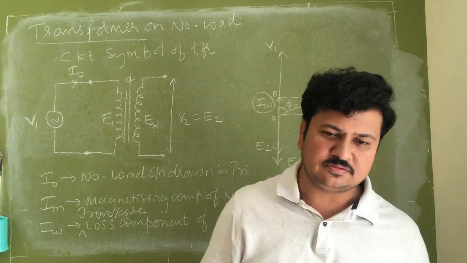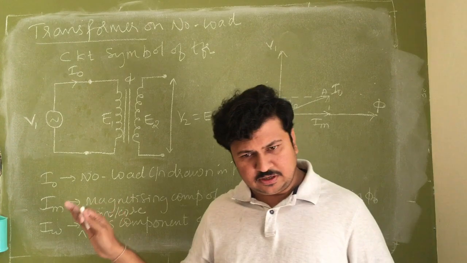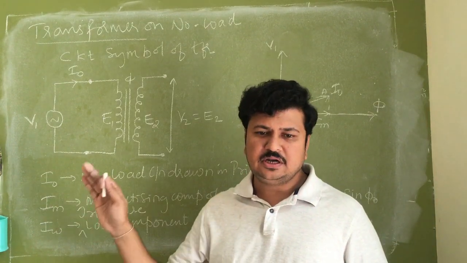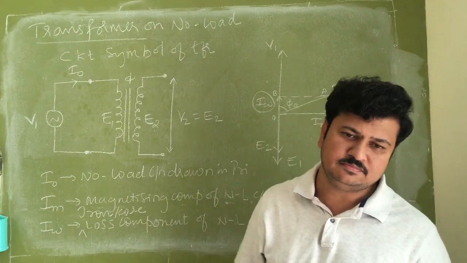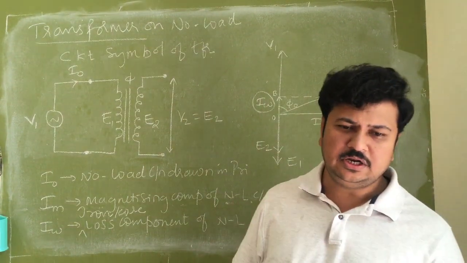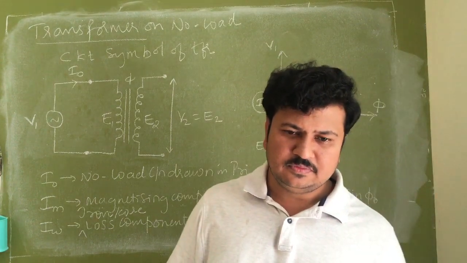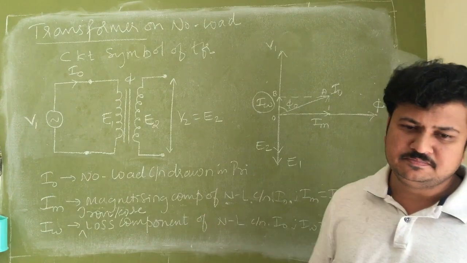What is that? It is loss. Now if I give 20 watts, 10 watts it will take as loss, 10 watts it will give as output. The fan will run extremely slowly. The output is less. Now if I want more output, I need to give more power. So this is the concept of loss and output.